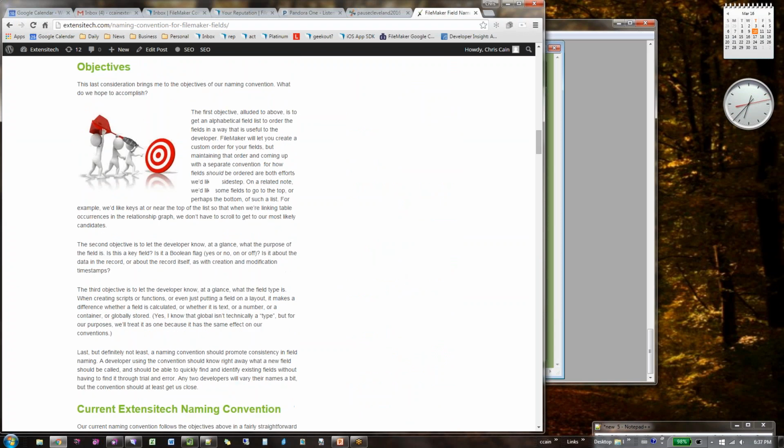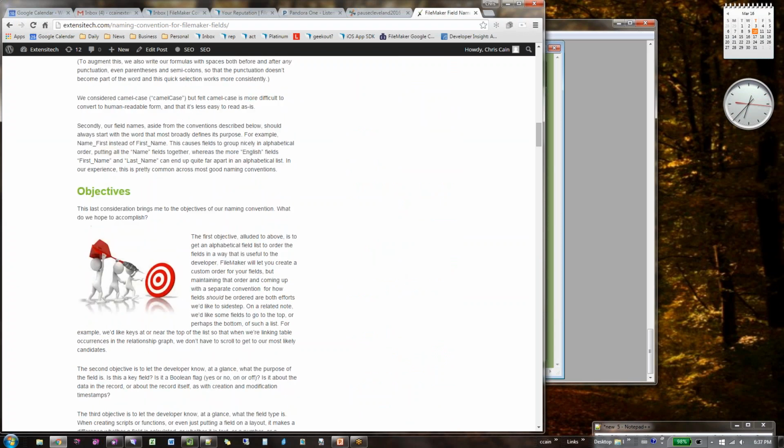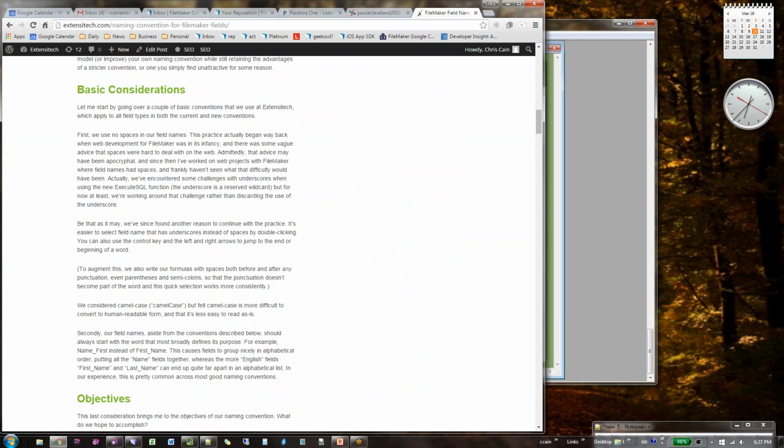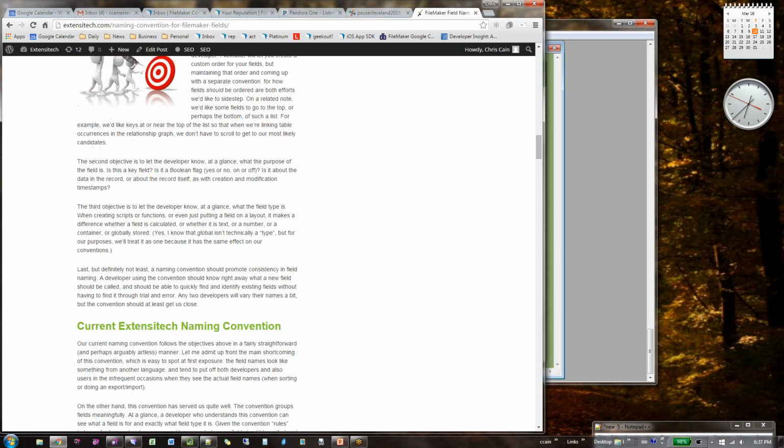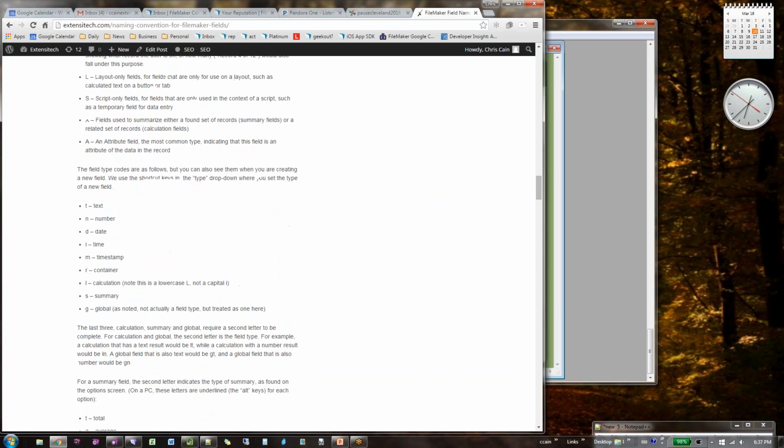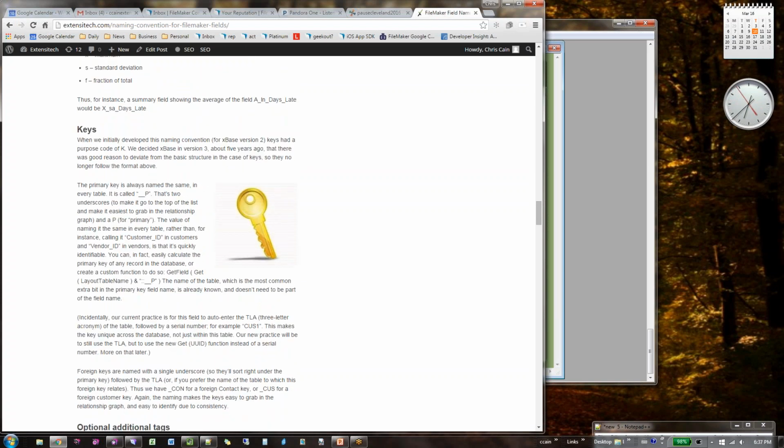And it talks about what it is we're trying to accomplish with the naming convention. So even if you read this and you decide, well, I don't like their naming convention, which is fine. I don't like other people's naming conventions either. But it should help you think about what are the important parts of my names? What are the important parts of the names of things that I need to make sure are in there in some form, right? For example, for fields, we need to identify keys of it.